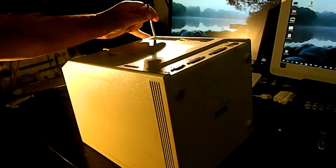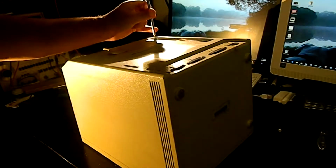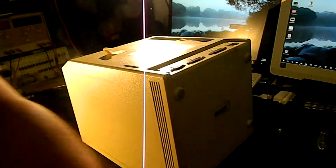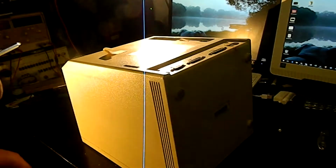And while I was looking at this housing, I realized that, in fact, it's been exposed to some moisture, so there's some corrosion on a couple of the connectors, which is a bit of a shame, but it doesn't affect my usage of it. I was going to power this up, by the way, to show you that it is in fact working, but I decided against that because I don't want to have to go through discharging the CRT voltages and so on. So, I've taken those 3 Torx screws out. Now, all that remains,